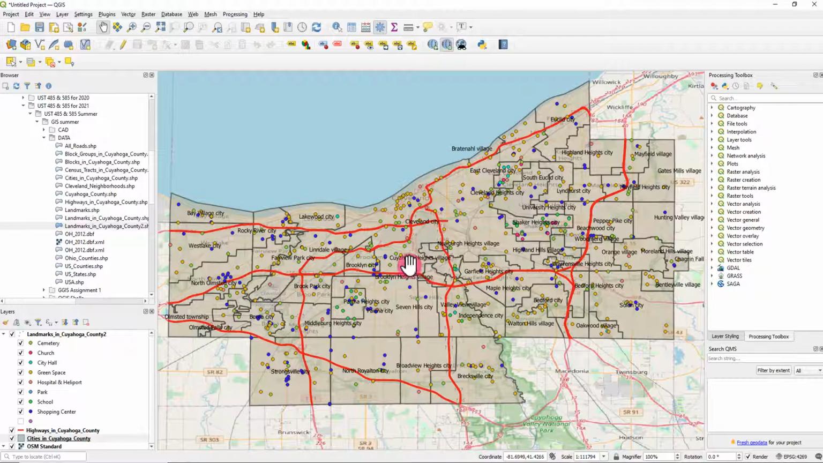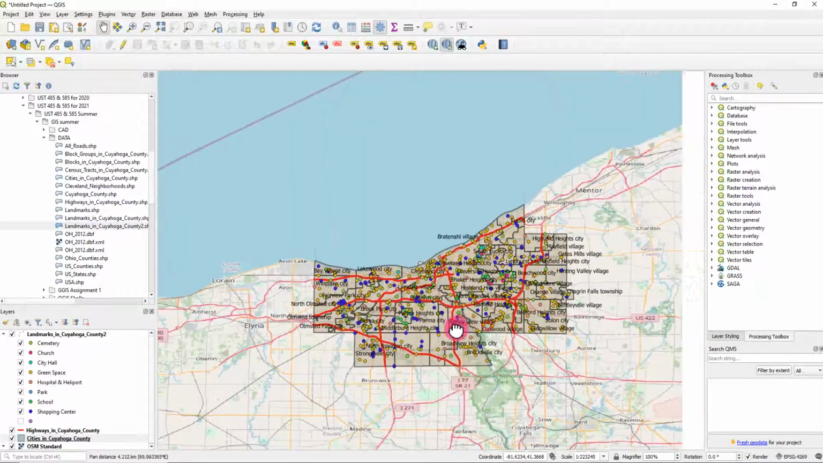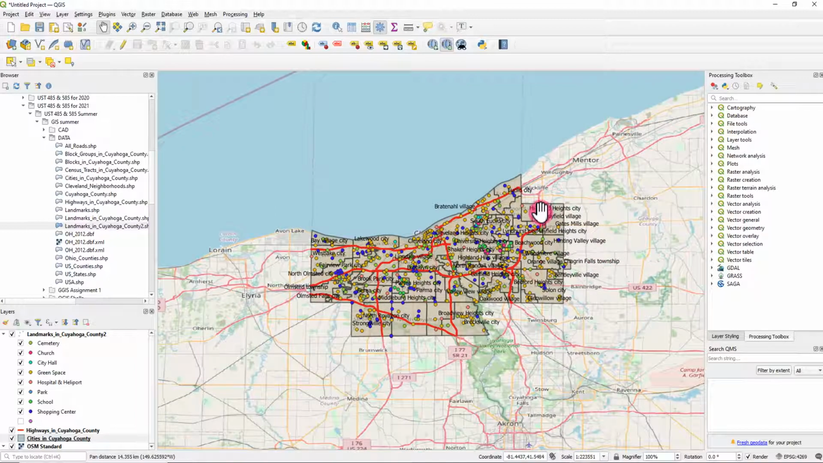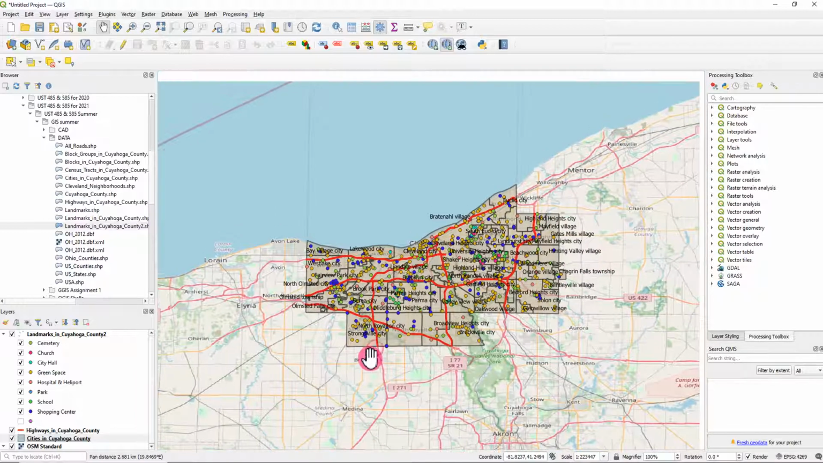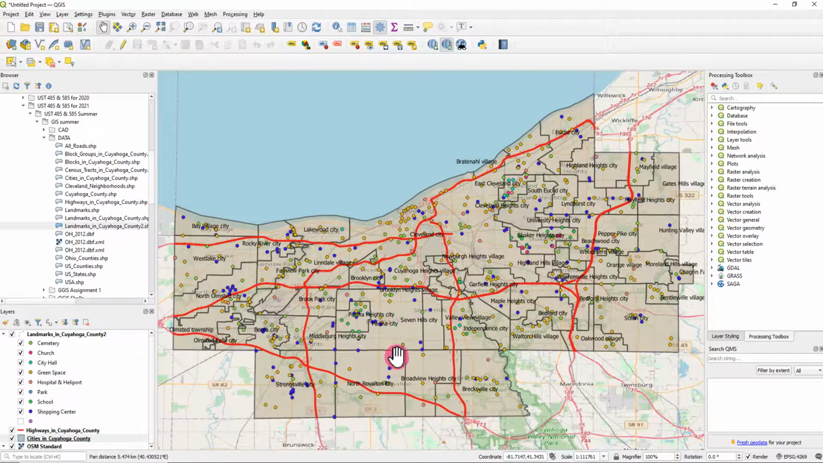So now you can see like this. So we have the background images here, so we can just see the Lake Erie here, you know, the other extension of the highways here. So we can see like this, right? So this is how we can turn on the background images. Okay, so now